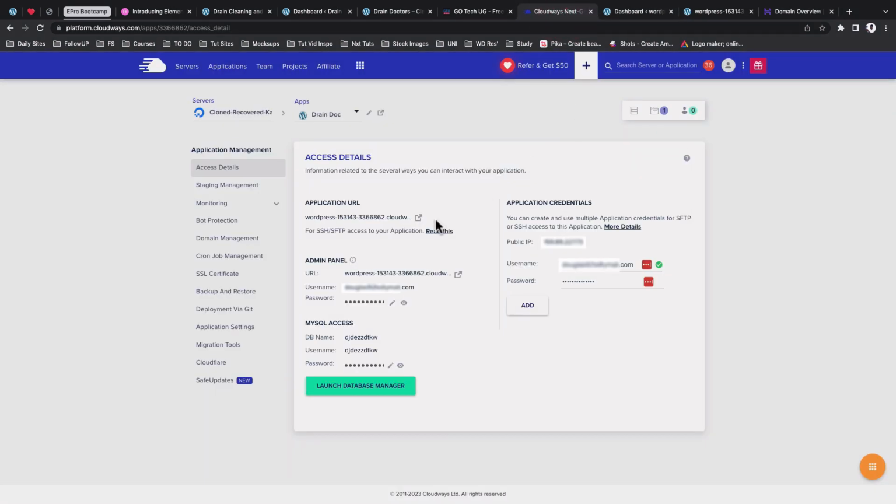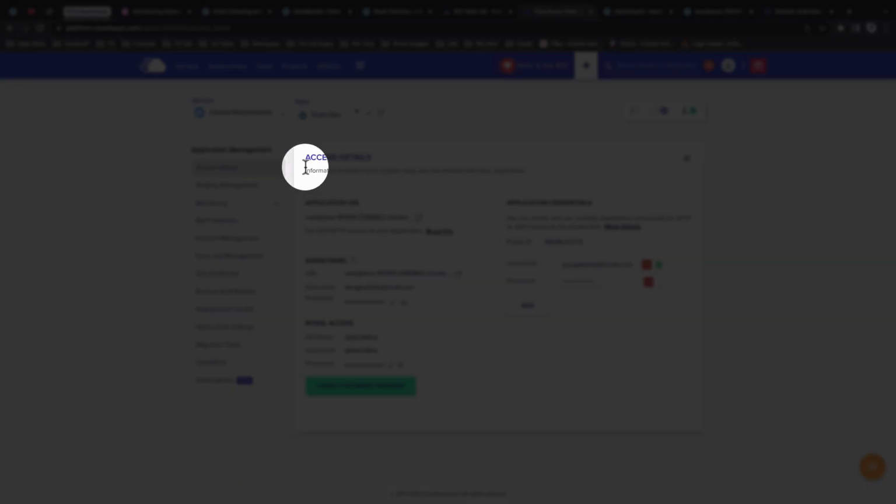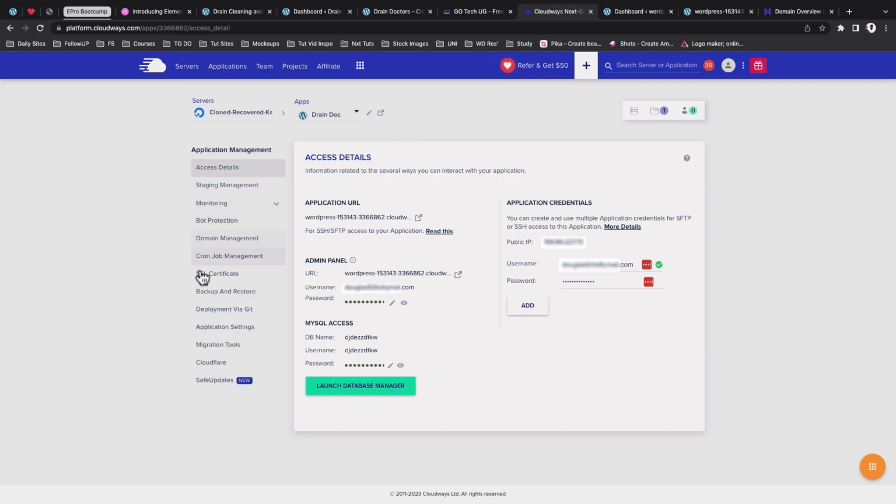Back now here to Cloudways. Remember, we bought our domain. So how do we point our domain to our Cloudways application? So inside Cloudways, with your application selected, in this case it is DrainDoc, I'm going to come down below here